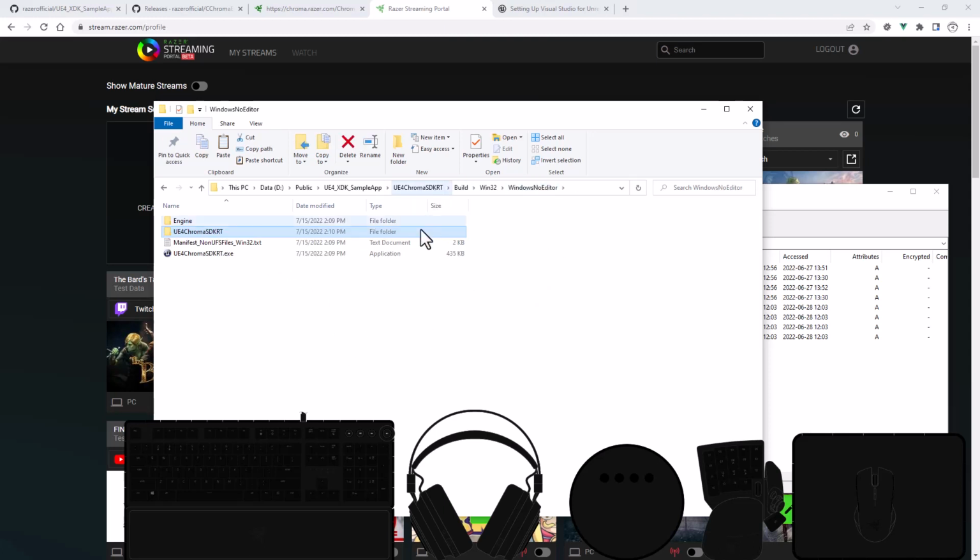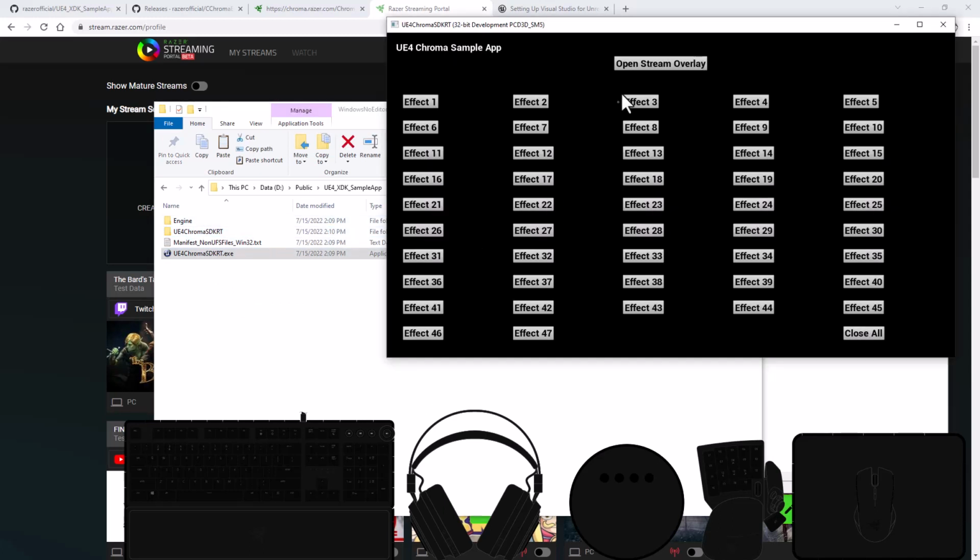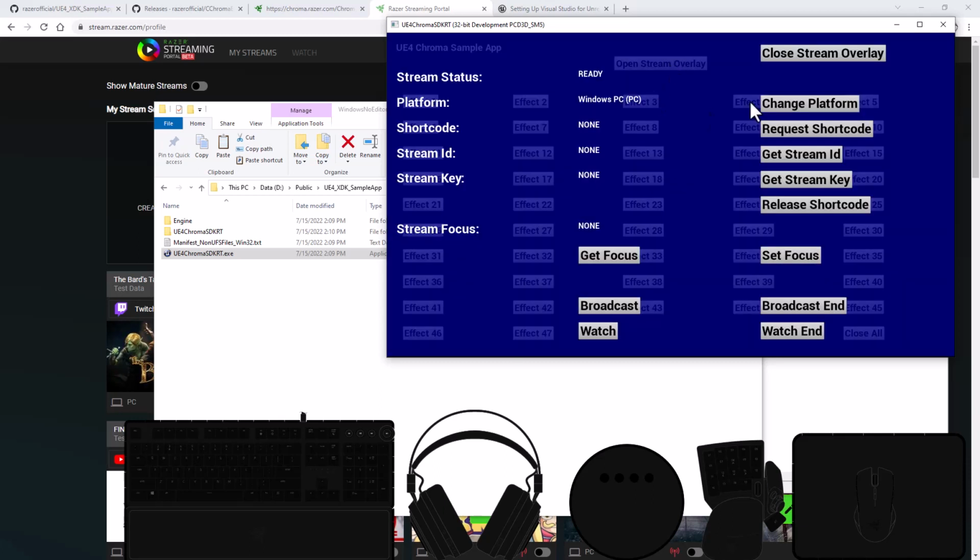If I go to the build folder, I can run the 32-bit build. Okay, here we go. Streaming's enabled, and we see our effects. Okay, and again, when it's a cloud instance, you won't see anything on your local hardware unless we're watching a stream. So let's go to the stream overlay, and we'll change the platform to GeForce Now. I'll request a shortcode,